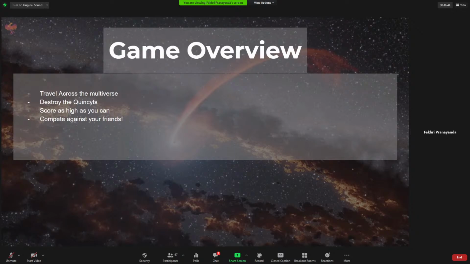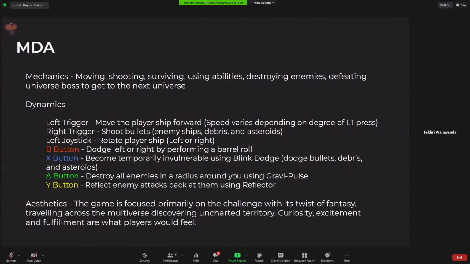So our game is about traveling across the multiverse. It's about destroying an alien race called the Quintus. And your objective is to score as high as you can, and you can also compete against your friends for the high score. So this is our MDA. Our mechanics are moving, shooting, surviving, using abilities, and destroying enemies, defeating the universe boss to get to the next